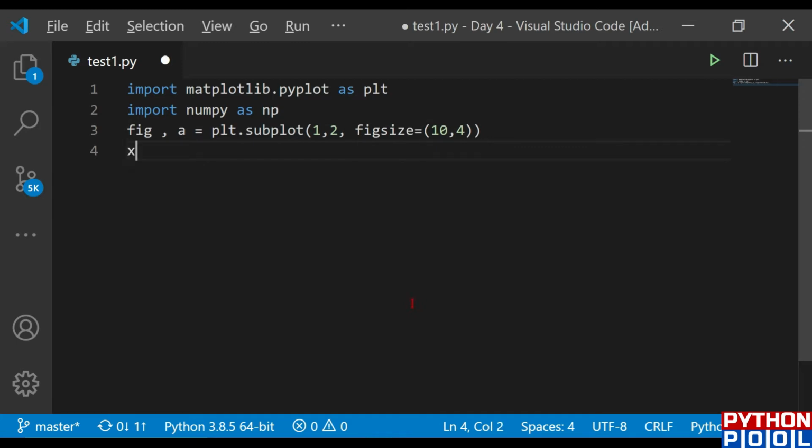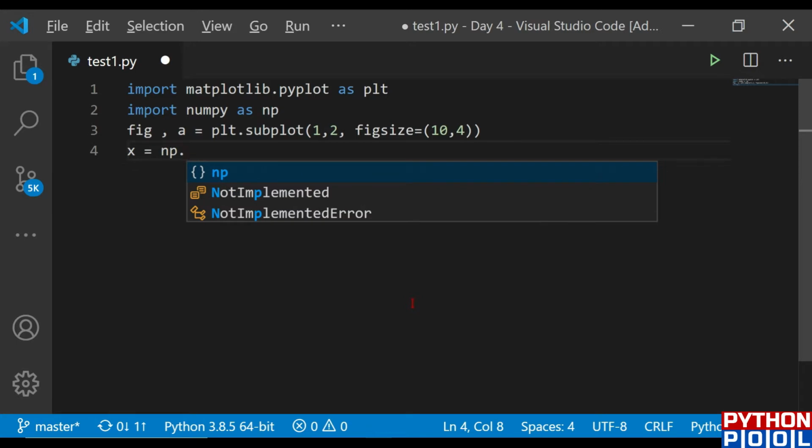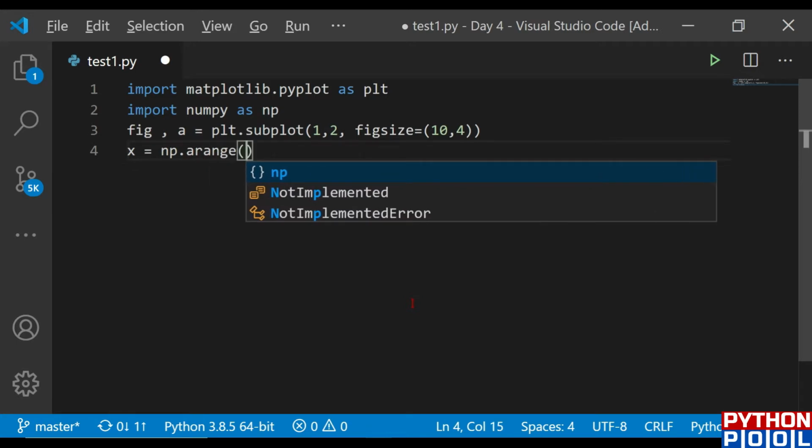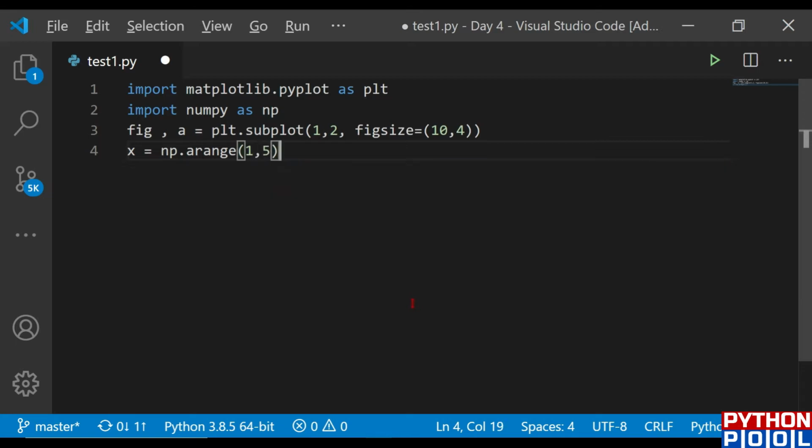Now let me define the condition for defining the graph. Once again I'm going to call this arange function, and I'm going to give the limit as 1 to 5. Okay, so this would be my limit, and after that let me define x is 0 for the first graph and 1 for the second graph.